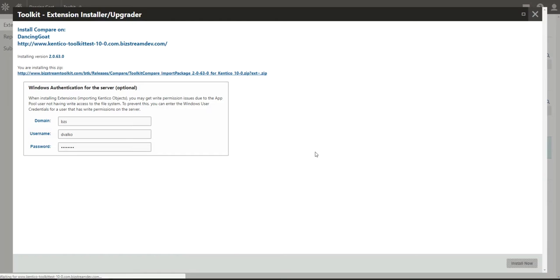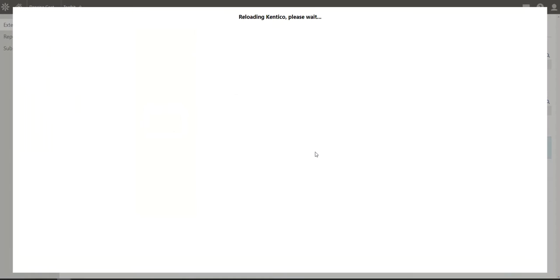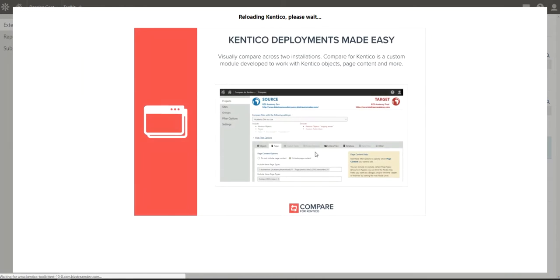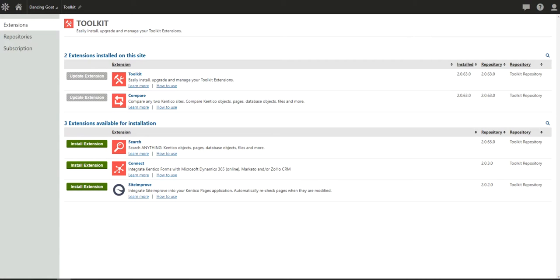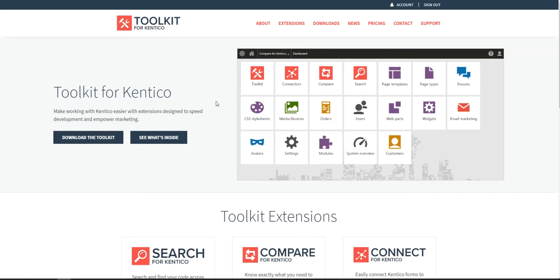It'll take a few moments for the toolkit window to refresh as the system recompiles. Once the toolkit application has reloaded, you'll see Compare in the extensions installed on this site. Compare is free to try, however, you will need to register to get a serial number. You can get your serial number by visiting